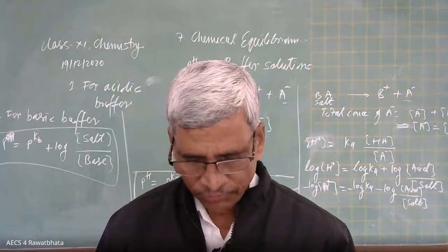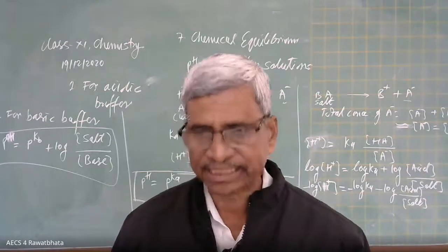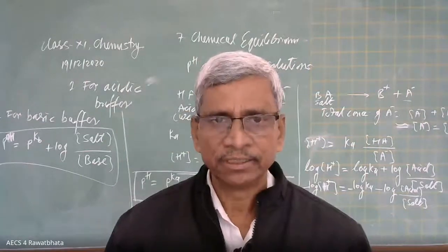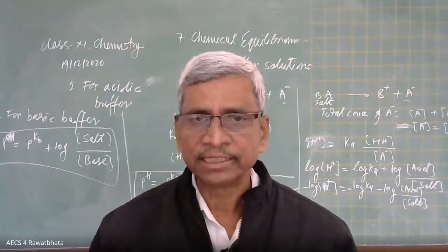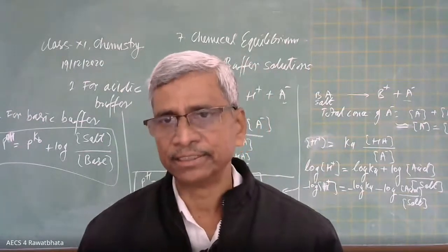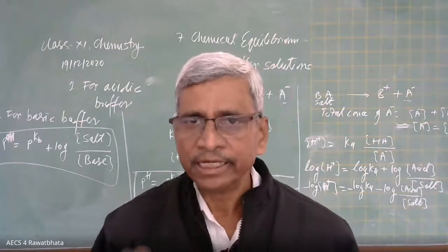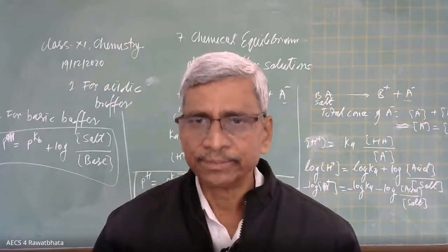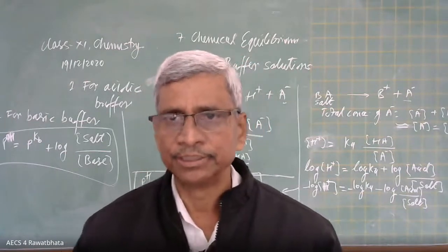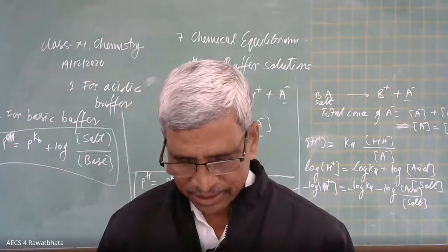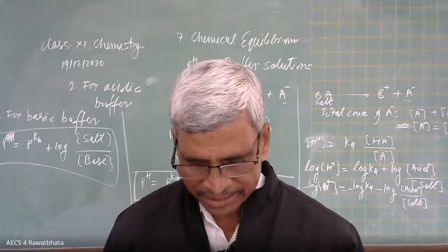Question number 6. What are the characteristics of equilibrium state? Equilibrium state means the process is continuous. The process is dynamic; its dynamicity is maintained. The process is continuous, but there is no change in any reaction parameters like temperature, pressure, and concentration. They remain the same. That is the condition of the equilibrium state.